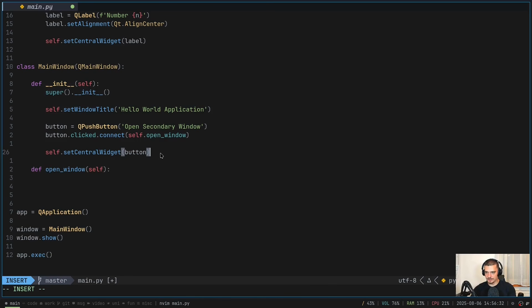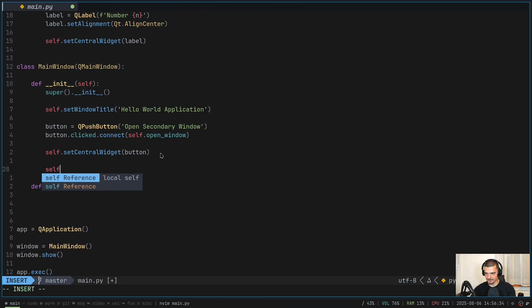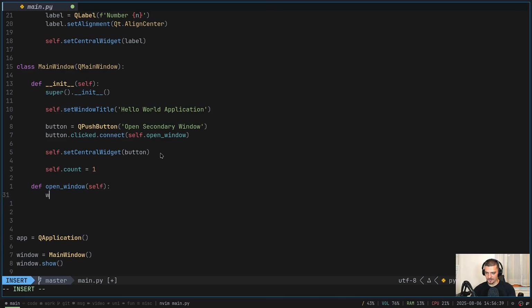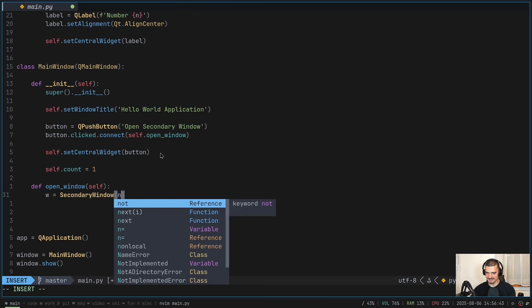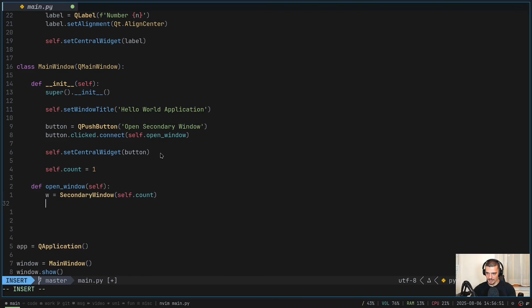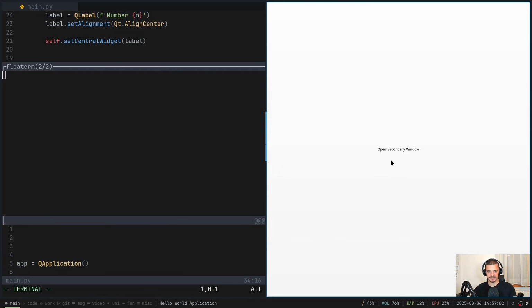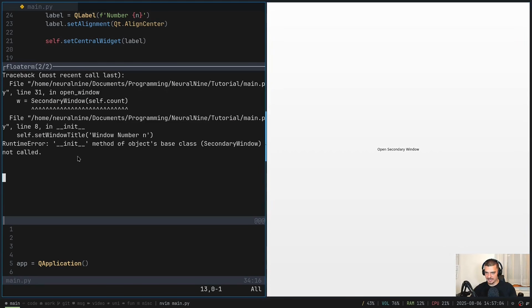And of course, to be able to pass the count, I would also have to keep track of it. So let's say count is equal to 1. And now I'm going to say w is equal to SecondaryWindow, passing self.count. And then I'm going to say self.count += 1, and then w.show(). That's essentially it. So I think if I didn't forget something, this should now open up a second window,